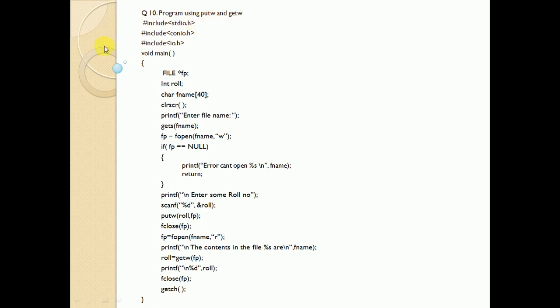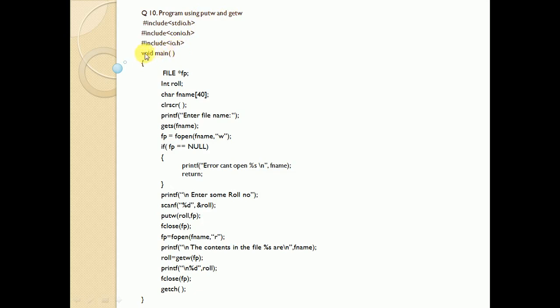The second one is what? It supports the conio.h header. So what is the conio.h file? It supports the function you are seeing here, clrscr. What does the name indicate? clrscr is nothing but a clear screen function. Whenever you get the output screen, at that time it will clear that screen. Okay, and this has included the io.h header file which supports the putw or getw functions. Okay, input output file functions it will support.